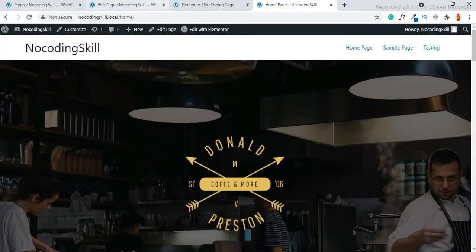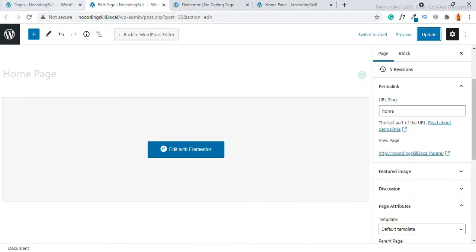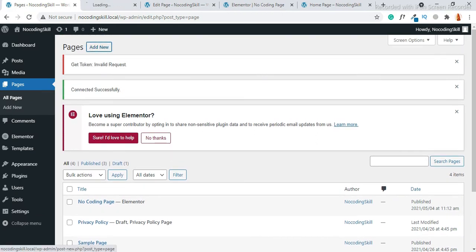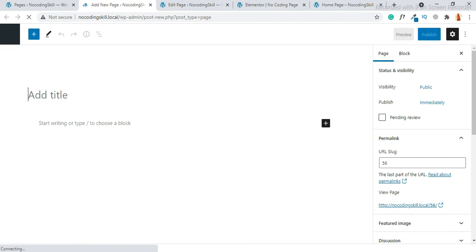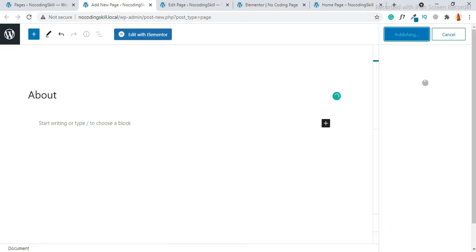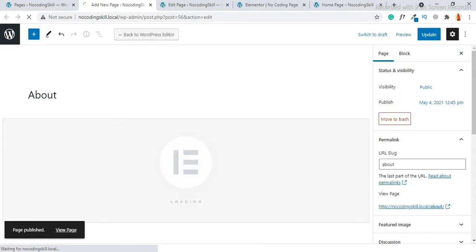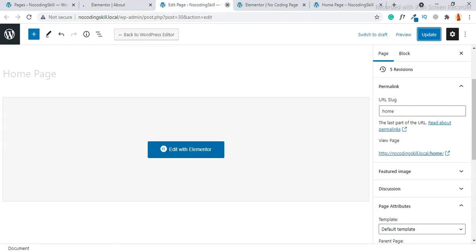Now let's make the about page. Click add new, give it the name about, click publish. Now click on edit with Elementor. Close this.